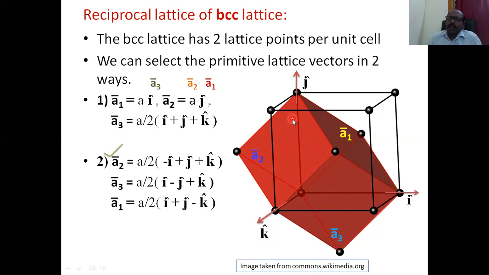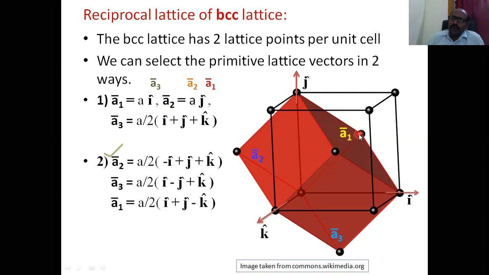Okay, similarly, we can imagine one more cube adjacent to the left side. We can keep one more cube which touches this edge and stays in this direction, so its body center point is this. Here we are observing one cube, and we can imagine one cube adjacent to this. We are in front of this cube, and there may be one more cube at the back side of that cube.